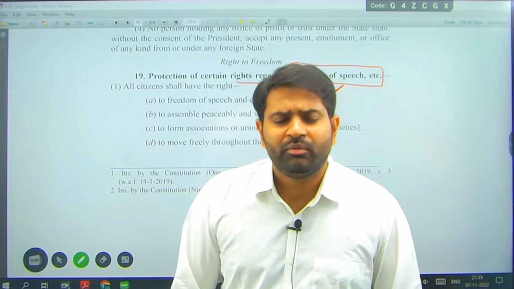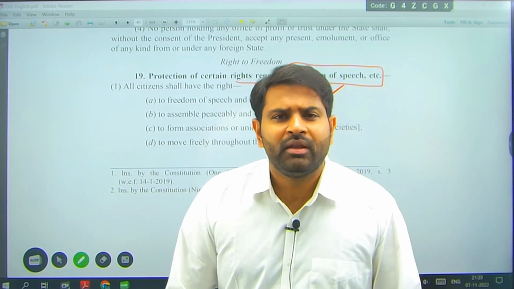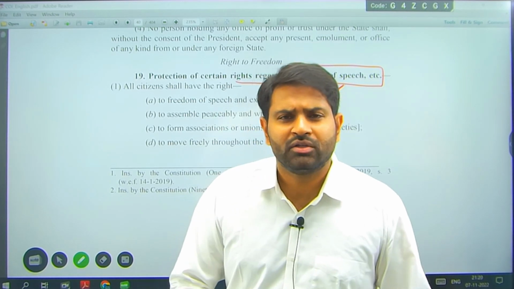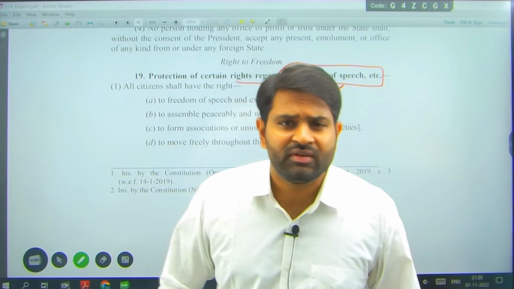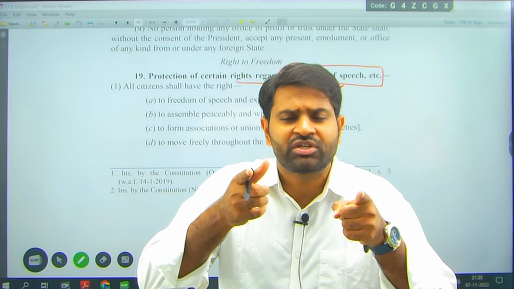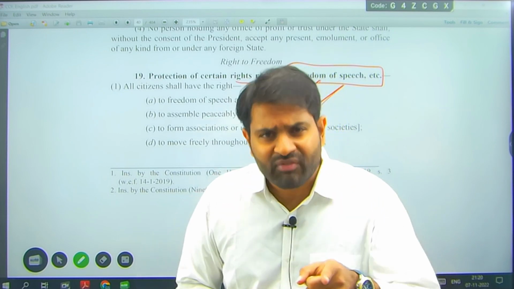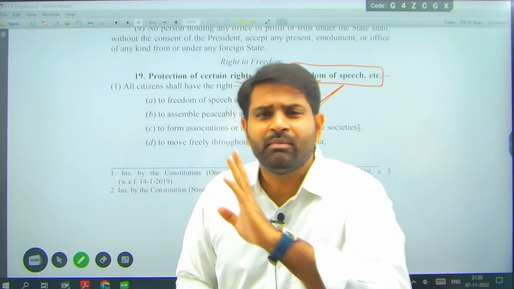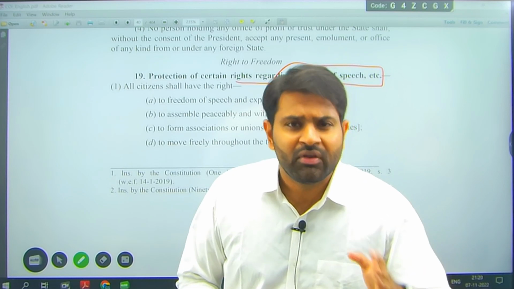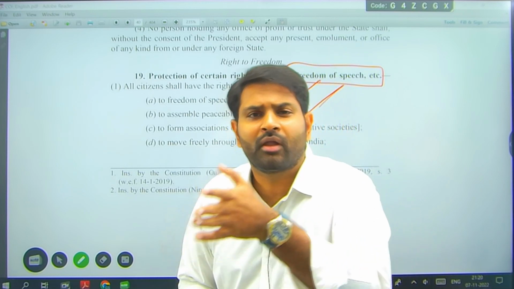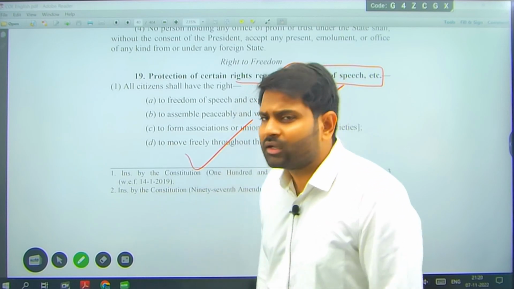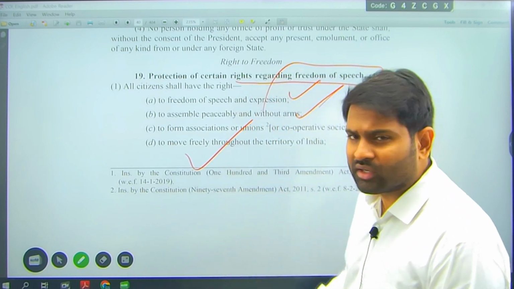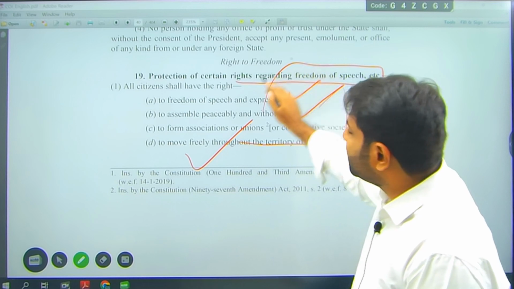There used to be hurdles before. Brahmin has to do this, Vaishya has to do this, Sudra has to do this. We used to fix professions before. Unlike that, now we don't have any fixation. Anyone can practice any profession based on their capacity. If you have capacity, go to the entrance exam, get an MBBS seat, become a doctor. If you have capacity, do LLB, become a lawyer and practice law. There is no restriction in this. This is given by Article 19, right? A right to profession.